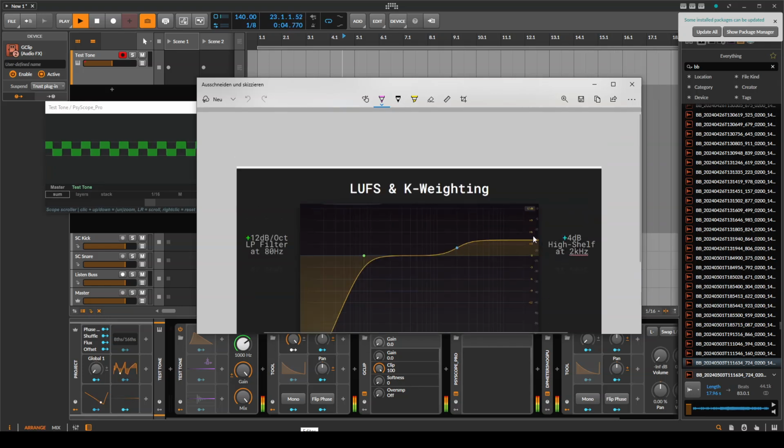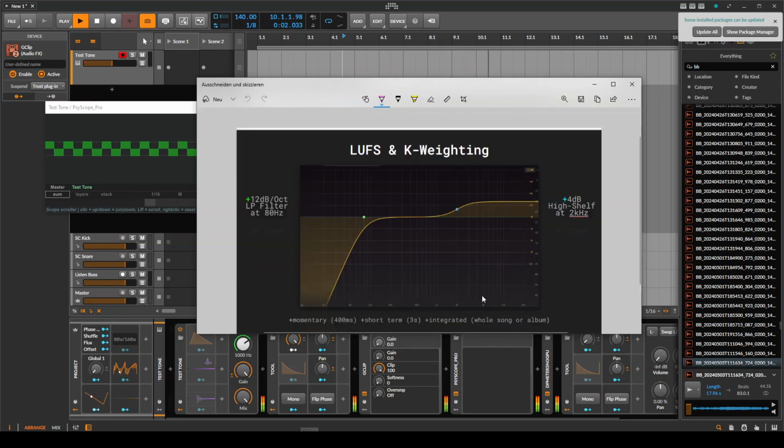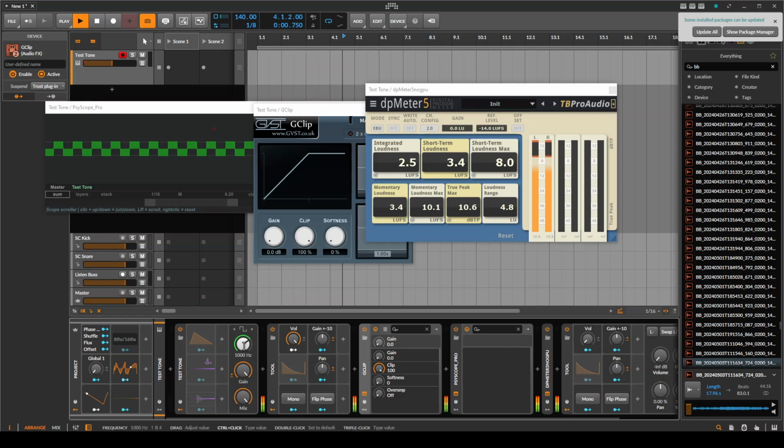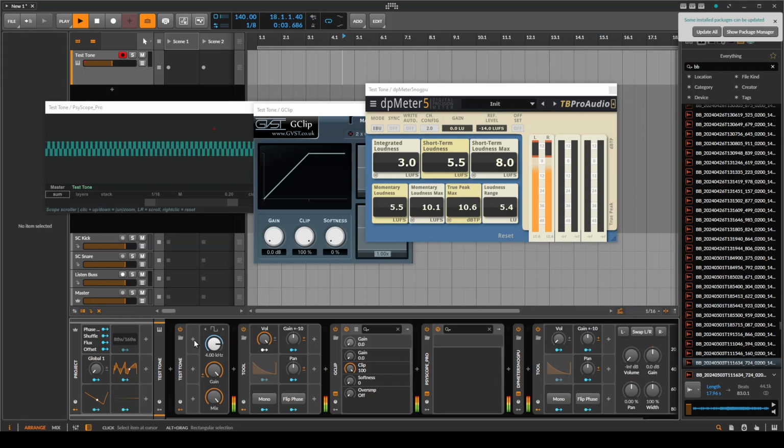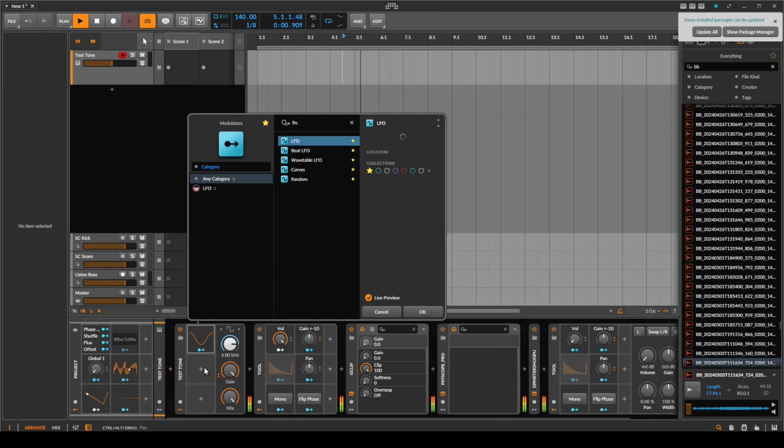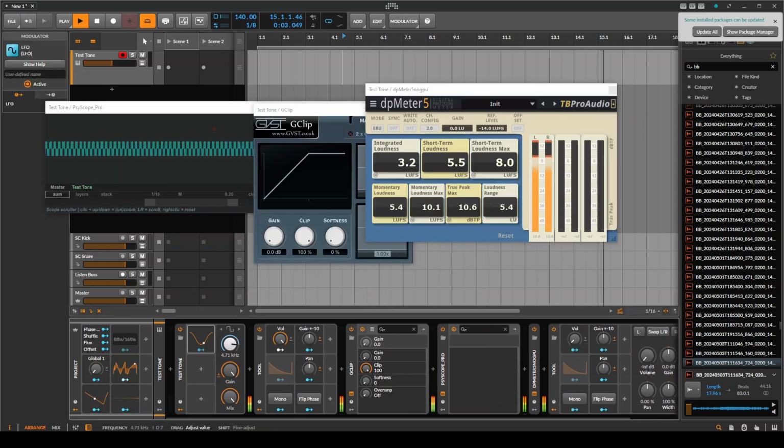got this high shelf here, which basically means any sound above 2K is turned up by 4 dB. So if we want to make this even louder, we can get to like 4K. Now this is pretty solid, 5.5 positive LUFS. That's alright. One thing I noticed is you can get even louder